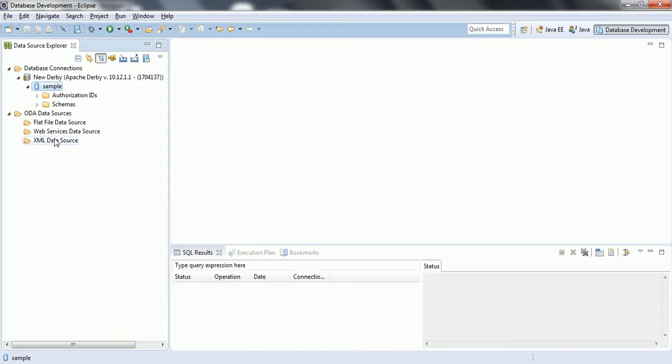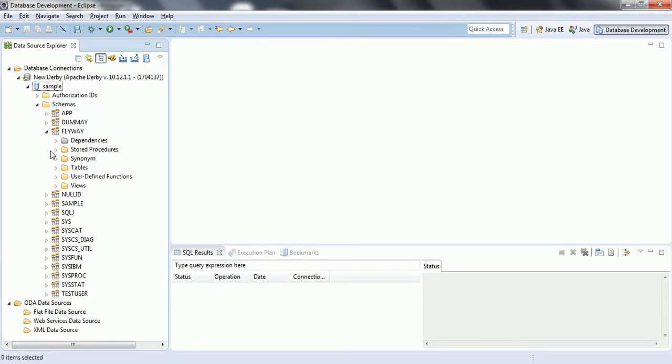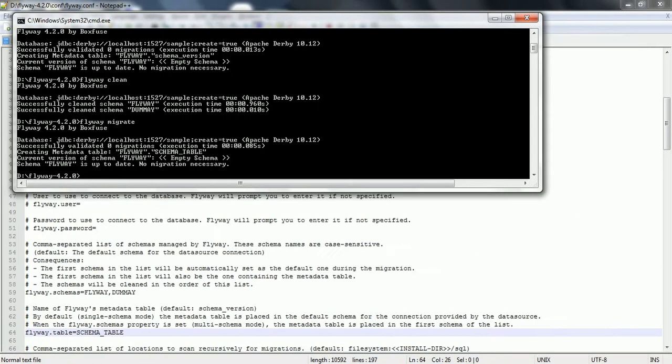Now once again I go to the database, refresh the schemas and see the schema for Flyway, and you can see that schema_table. This is what you need to change if you want to provide your custom table name. And similarly,